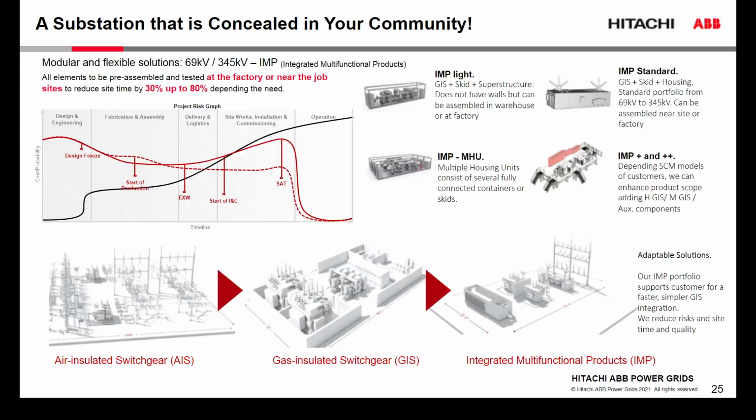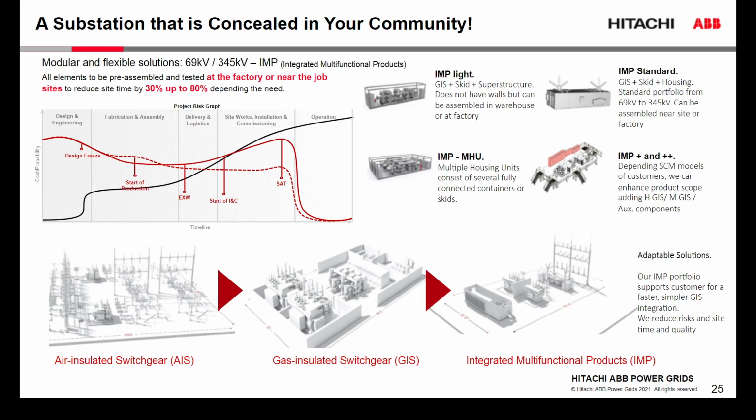An approach here is the IMP, which stands for that wonderful word, integrated multifunctional products, which nothing else means than e-house or container, or a GIS in a box. As the slide on the left side shows, the idea is to reduce the risk and move it forward in the project. That means if you can realize any flaws in the design, in the assembly, in the testing,